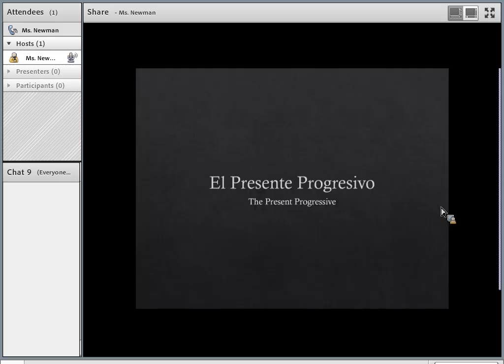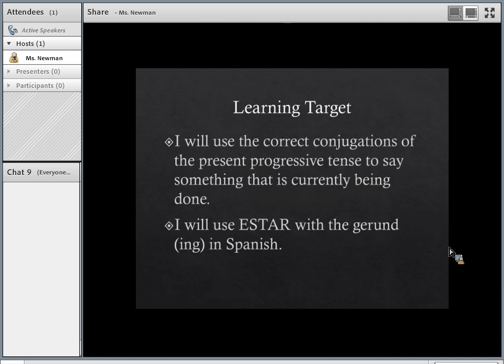Okay, let's talk about el presente progresivo, or the present progressive. We have the same tense in English, and you use it all the time. It's a great tense to know, and it's really easy. Okay, your learning target is: I will use the correct conjugations of the present progressive tense to say something that